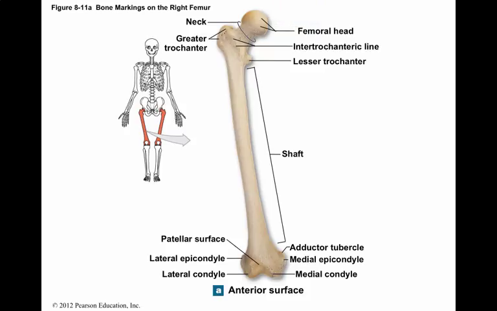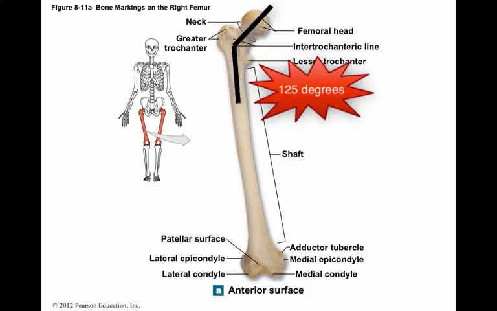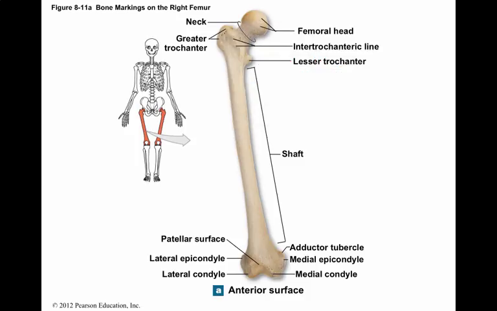A ligament attaches the acetabulum to the femur at the fovea capitis, which is a small pit in the center of the femoral head. The neck of the femur has an angle of about 125 degrees to the shaft. The greater trochanter is a large projection that projects laterally at the inferior aspect of the neck. The lesser trochanter is a smaller projection off the medial neck.